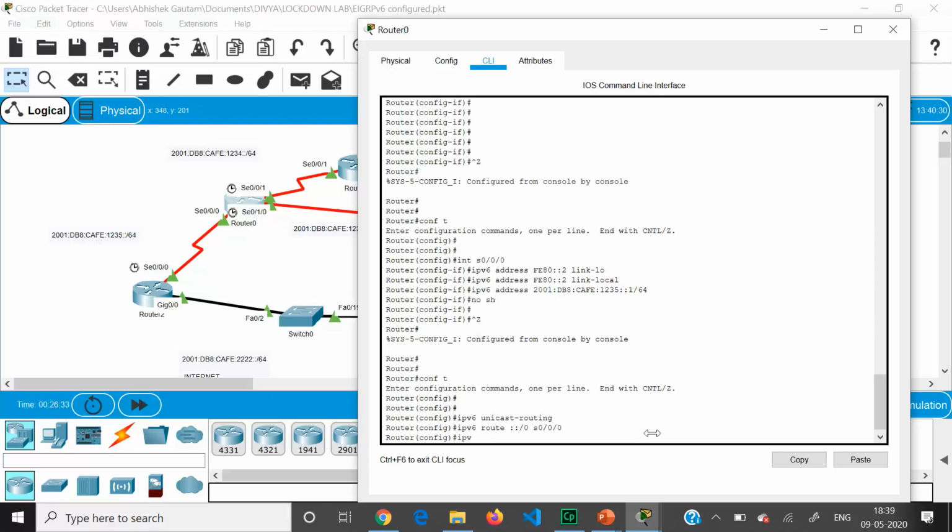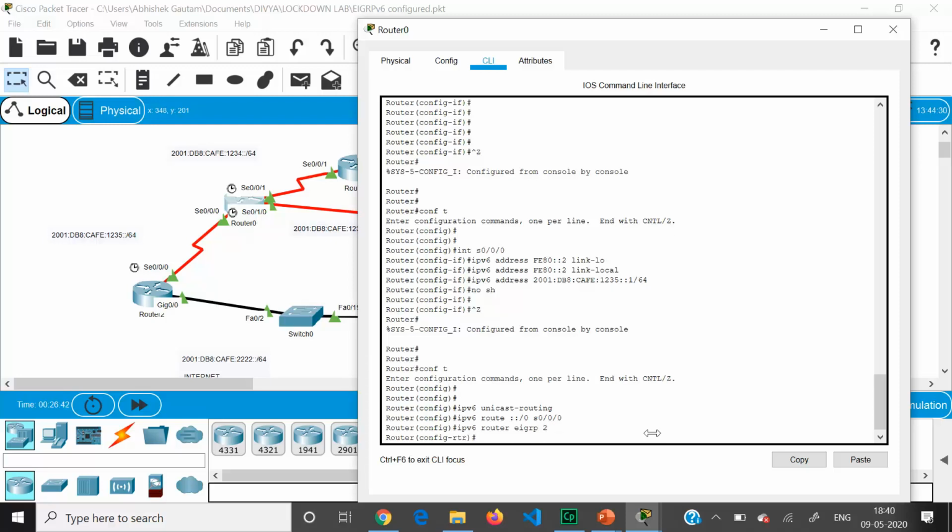Now we will enable the EIGRP. So the command is ipv6 router eigrp and give the autonomous system number. In this EIGRP for IPv6, we need to give the router ID manually, because router ID is a 32-bit number and it cannot take it from the IP addresses, because the IP addresses are 128-bit numbers in IPv6, whereas in IPv4 even the IP addresses were 32-bit numbers.